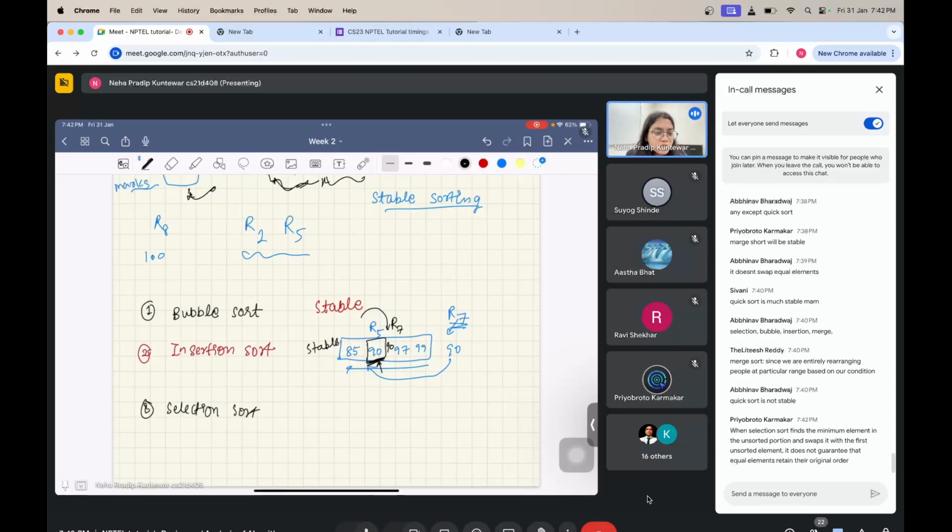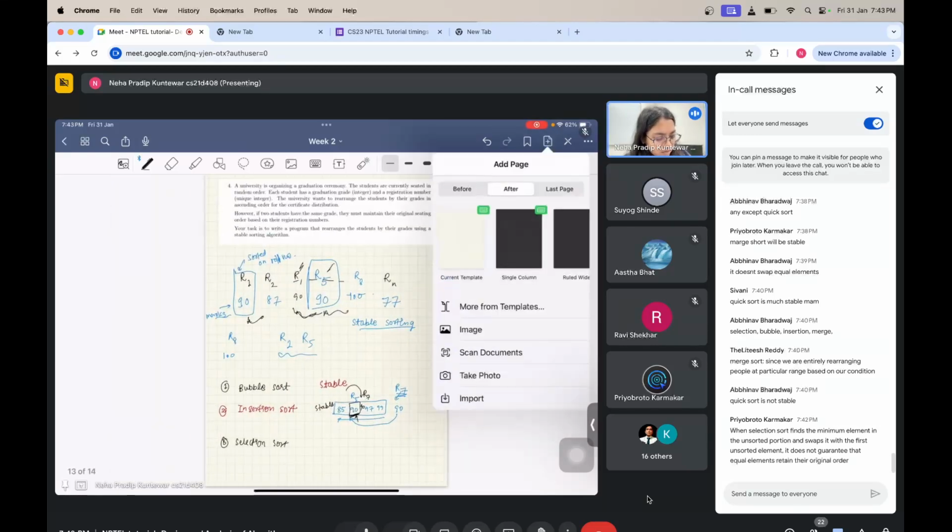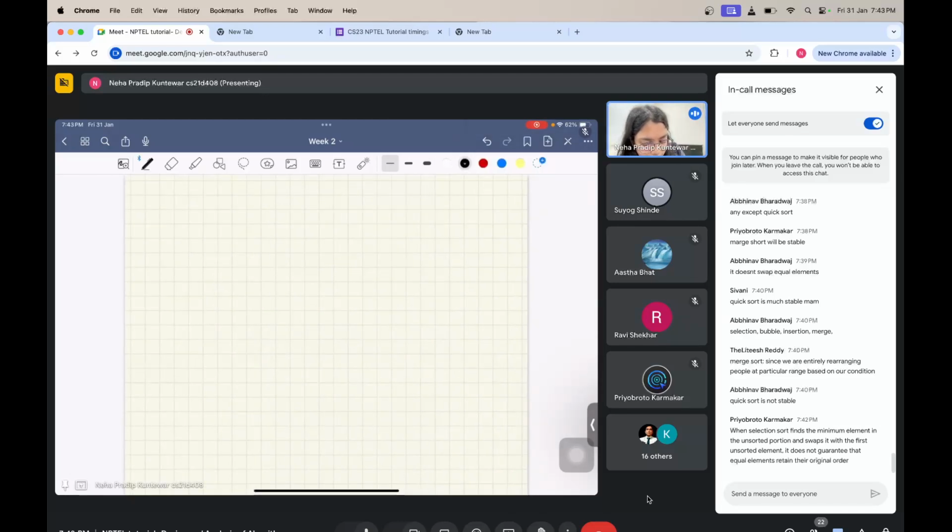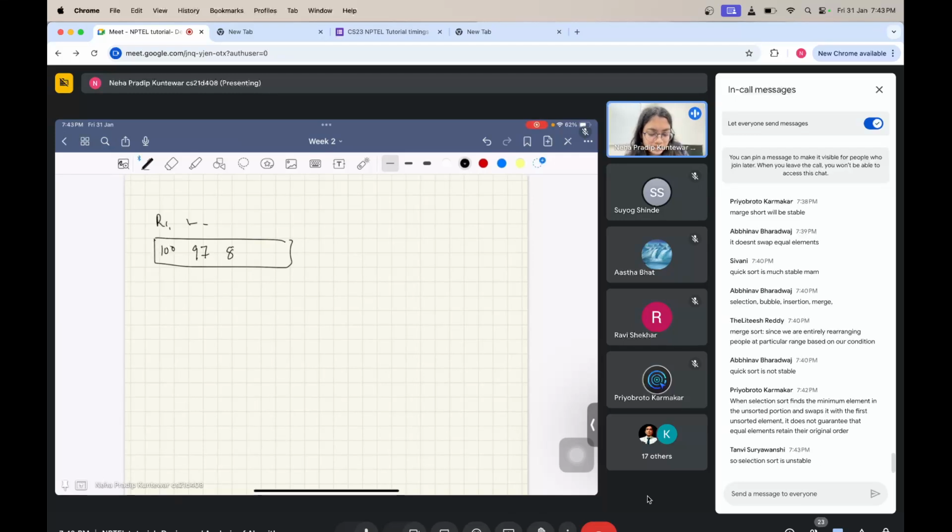Yeah, exactly. Like one of you pointed out in the comments, what selection sort does is it finds the minimum element and swaps it with the correct place that it should belong to. But when you swap, it does not preserve the order. It can disturb the ordering that you have. So for example, if you have maybe this part already sorted, and you have maybe 100 for some person, and you have 97 and then 87 and so on, and the next element,